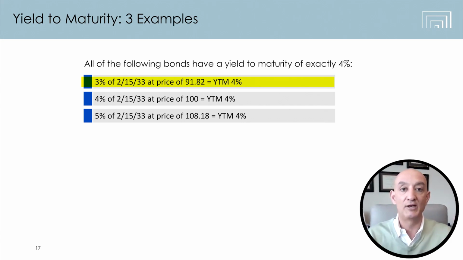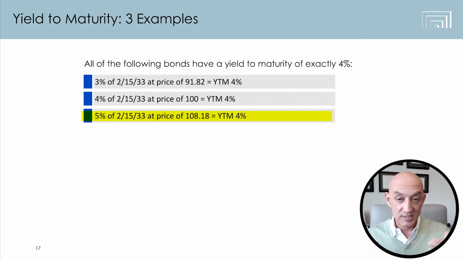That means if you buy and hold that bond for that 10-year period, you will also make 4% a year. You're getting it a little bit differently, and we'll do a highlight of all 3 in a second. Then you have the 5% coupon bond. So there's another bond that pays $50 a year every year for the next 10 years and also matures at 100 cents on the dollar in 10 years.